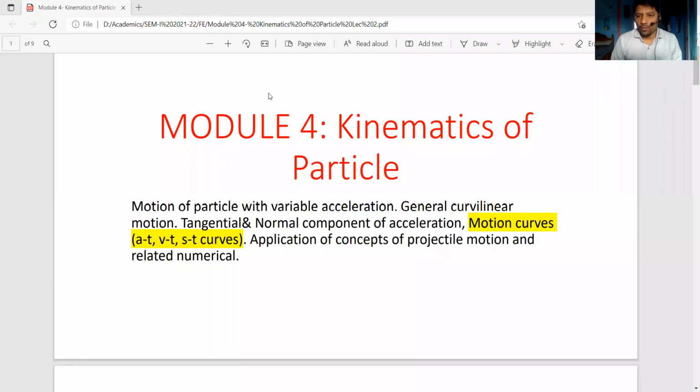So, one more minute, then we are going to start this. Sir, I actually had to ask, what will be the portion for IA1? Will it be mostly centered on kinematics of particle? This module will also be there, the fourth module, and whatever Hemant sir had taught you, that portion will also come. Okay, sir.